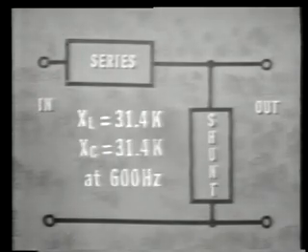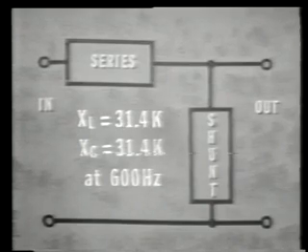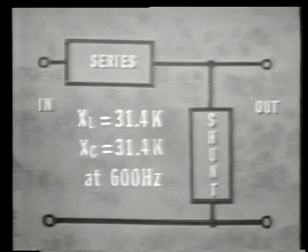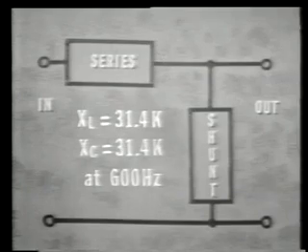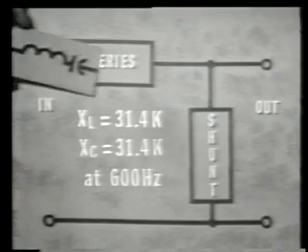Well, at 600 hertz, the inductor we've been using in our demonstration has an opposition of 31,400 ohms. The capacitive reactance of the capacitor we used at 600 hertz is also 31,400 ohms. Now, individually, neither component, neither the inductor nor the capacitor, can do the job of passing a band of frequencies around 600 hertz. But when we place them together in series, like this,